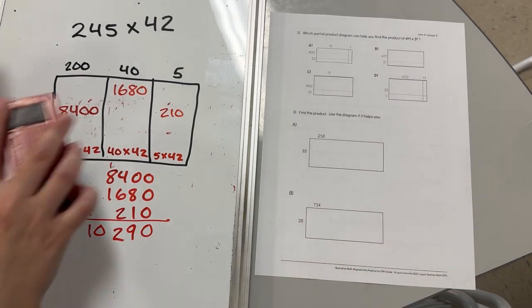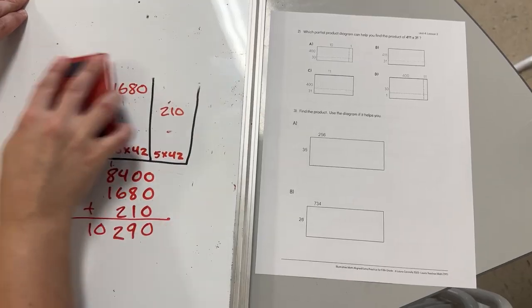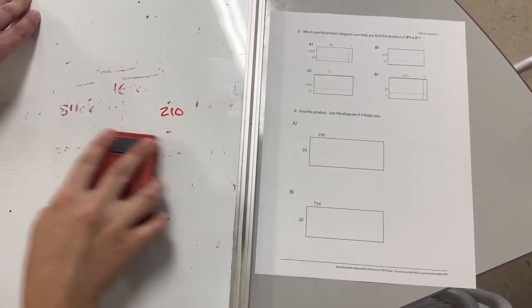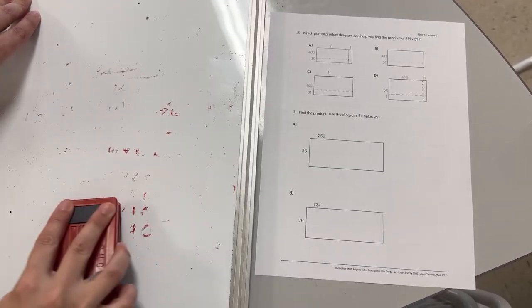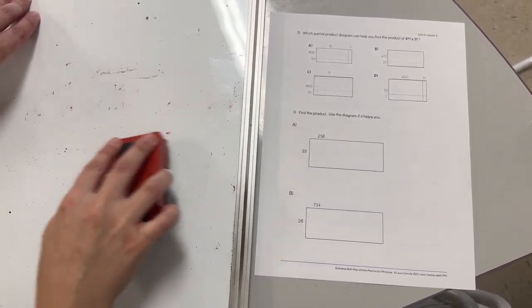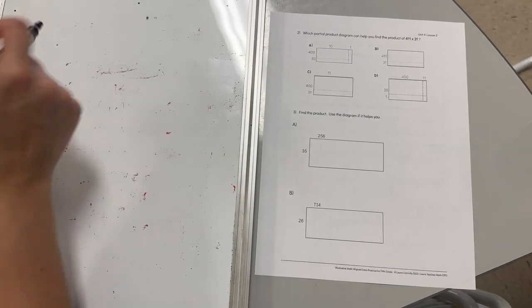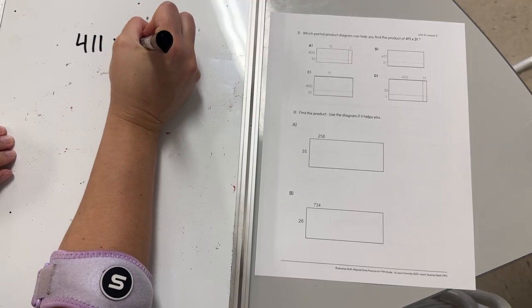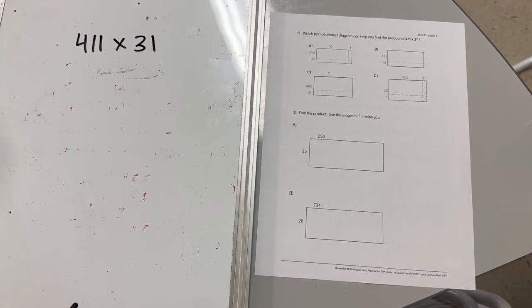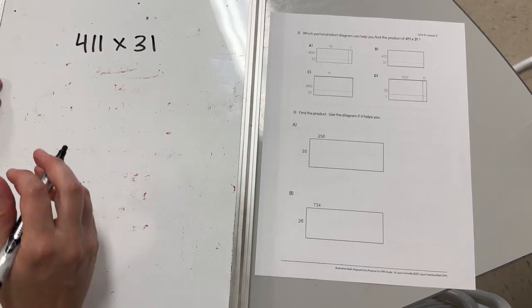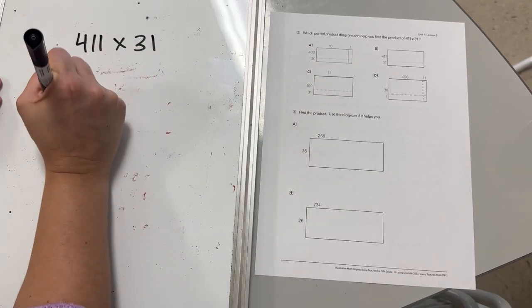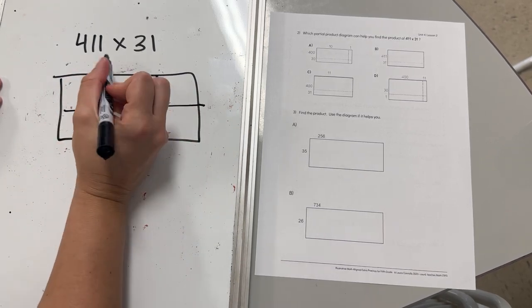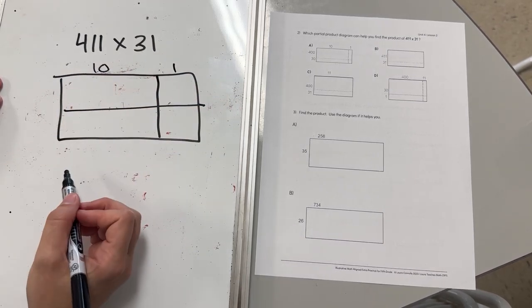On the back, we have an equation, and we have 4 different area models that we have to look at to pick which one is going to represent our equation. So the equation is 411 times 31. For A, we have an area model that has it split 2 by 2. We have 10 and 1 on the top. We have